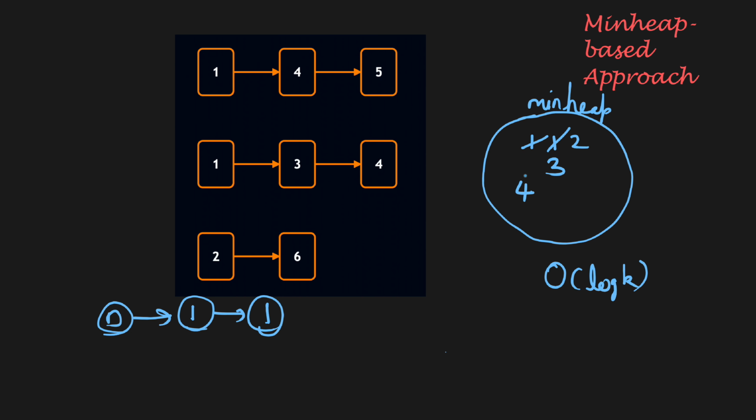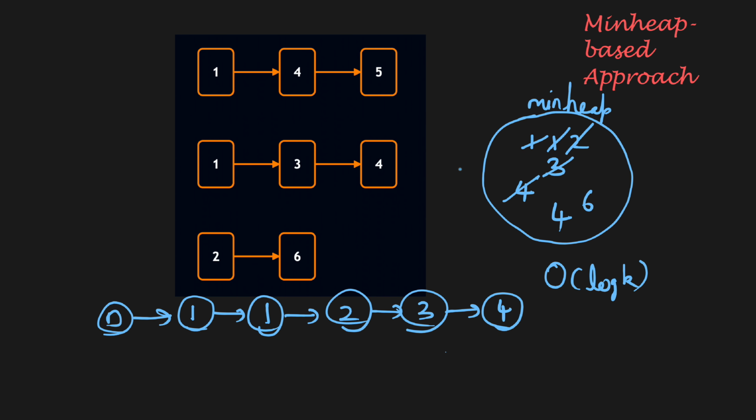And again we extract the minimum element, which this time is 2, and append it to the list and insert its next element, which is 6, into the min heap, and repeat this process of extracting the minimum element, this time 3, appending it to the list and inserting the next element, which is 4, into the heap, and again extract the minimum element, which is 4 this time, and append it to the list and say it comes from